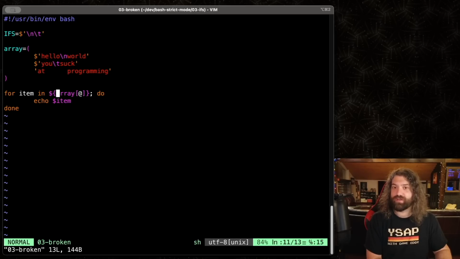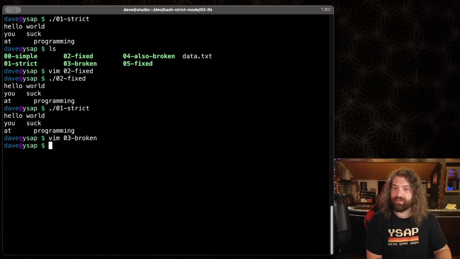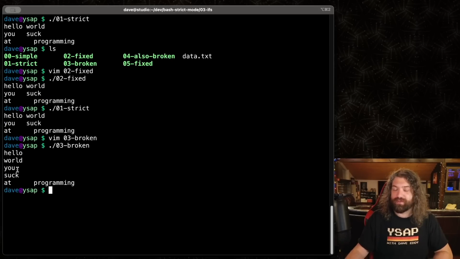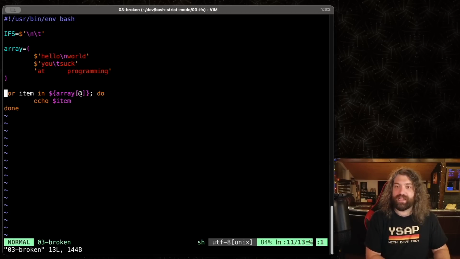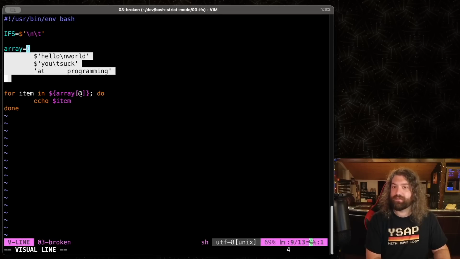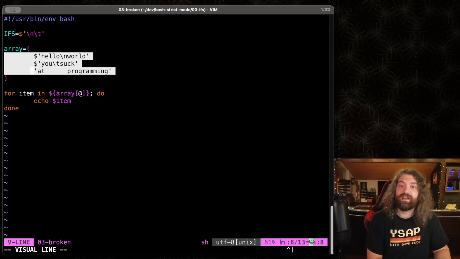If we use the strict mode here and we don't quote the variables, obviously it's going to work sometimes, it's going to break. It's going to break when there's a new line, it's going to break when there was a tab, but it's going to work when there were spaces. That's not great because in this example, yeah, I'm setting the array myself, but you could imagine this comes from some sort of user data. Maybe these are file names. It's not normal that you encounter file names with new lines and tabs in it, but you can. There's nothing that says they can't be there.